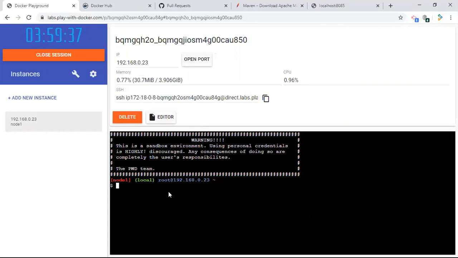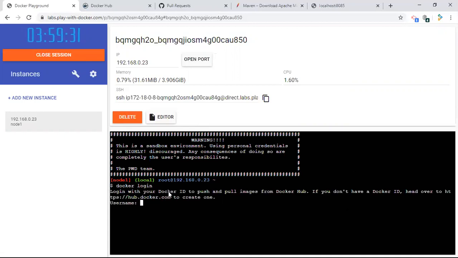Okay, first you are going to do docker login. First log in yourself, docker login. So your username, my username I'm giving jmriaz84, then the password.